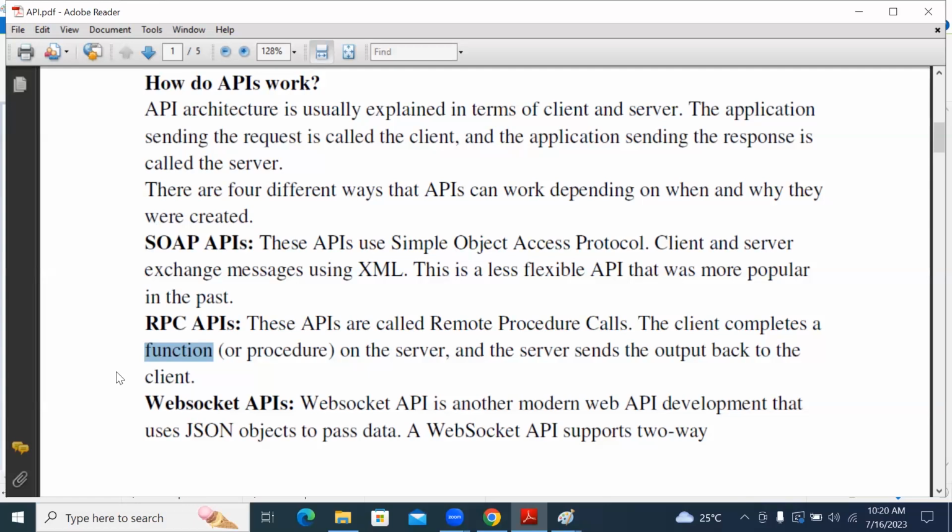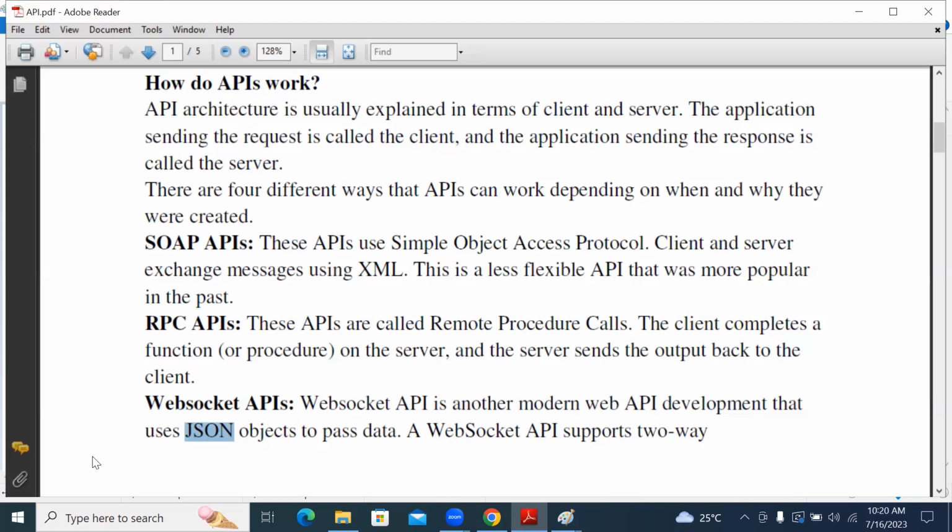So how does an API work? Mainly two things here: client and server. We have different types of API: SOAP API, RPC API, and the most important one nowadays in the market, the web API, or web socket API, which works based on JSON, JavaScript Object Notation.